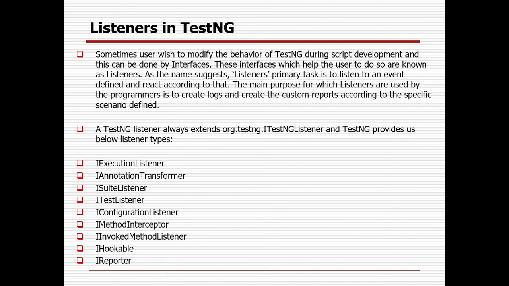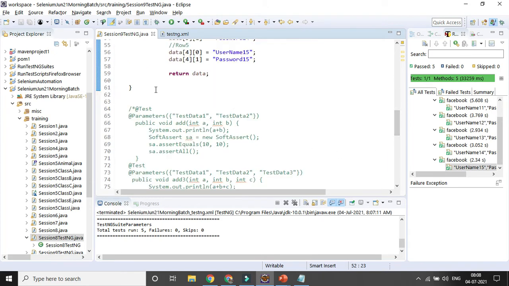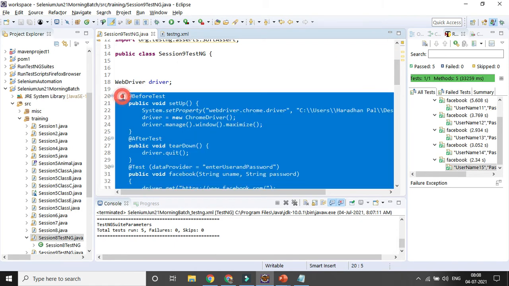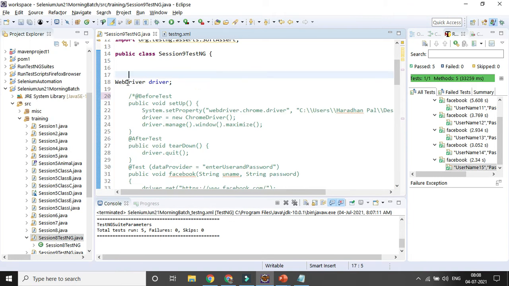Okay, then the listener class. The listener class is very important in real time, because whenever we implement the framework, I'll cover it there again, no need to worry. But why is it important?